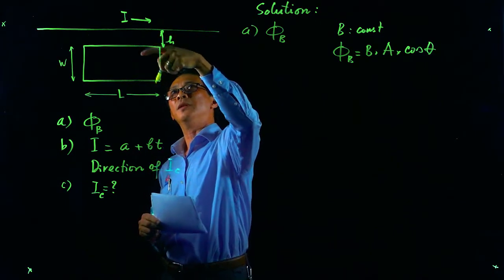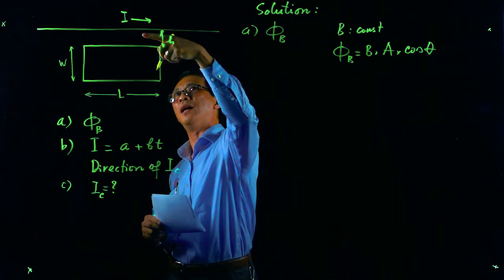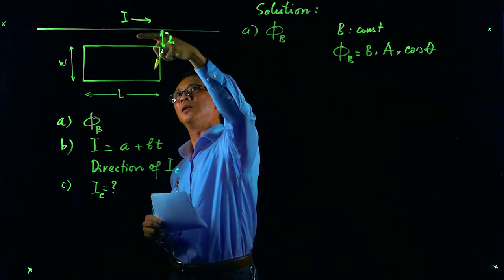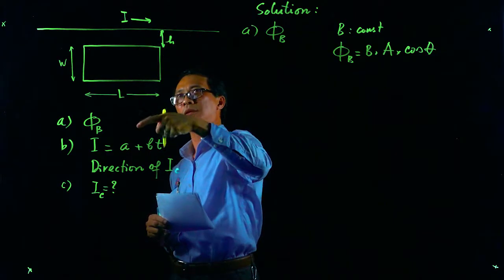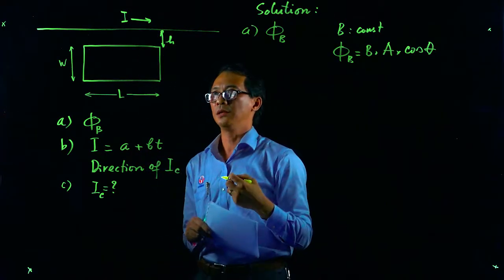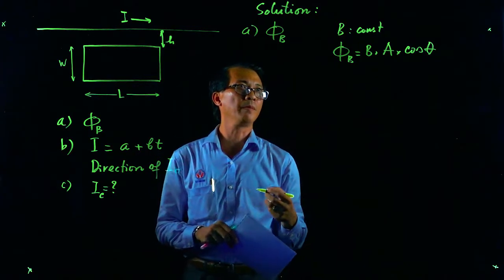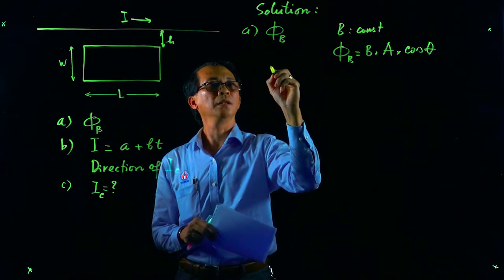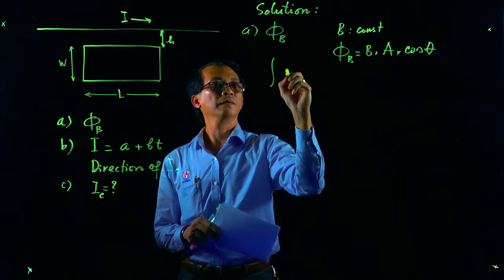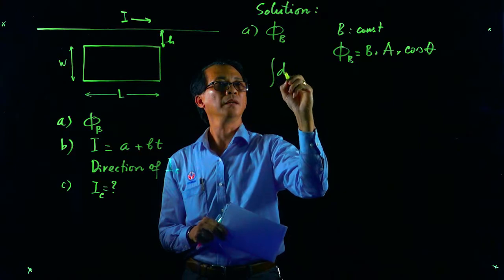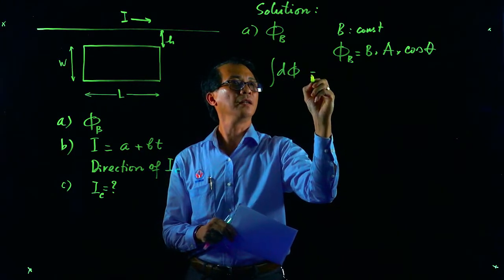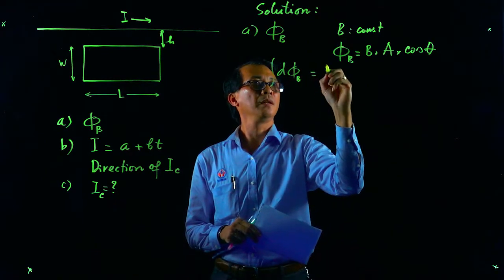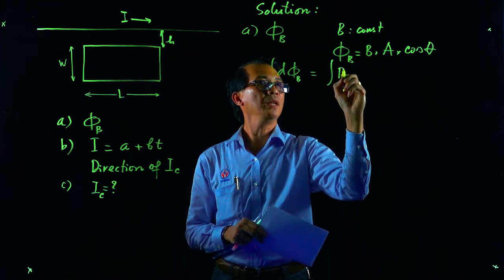But in this case, you will see that the magnetic field is stronger when the point is close to the current. But when you go away from the current, B will be weaker. So this is our problem. So we have to calculate phi, like the integral of d phi, and this is d phi B,